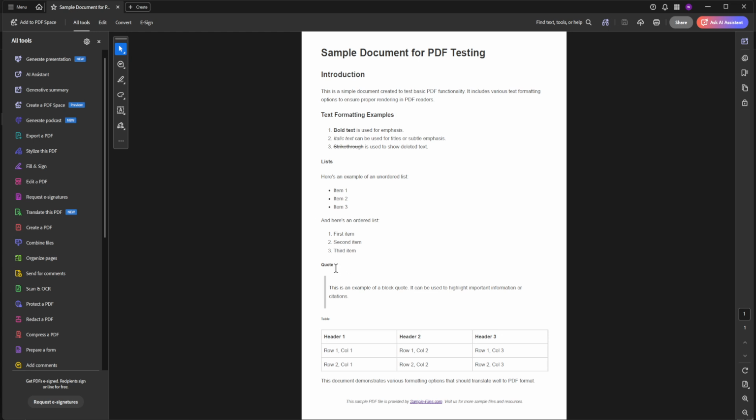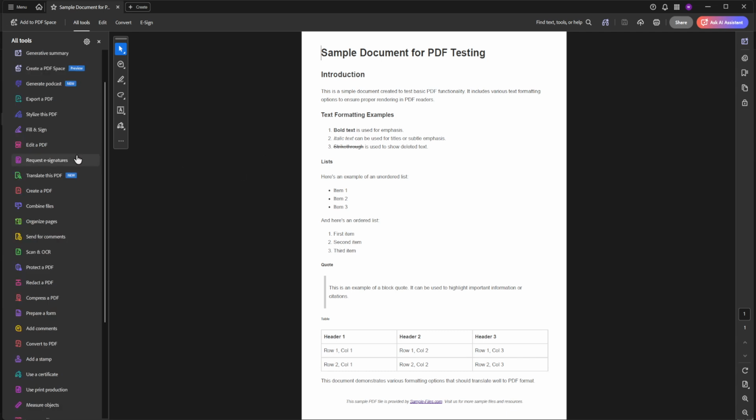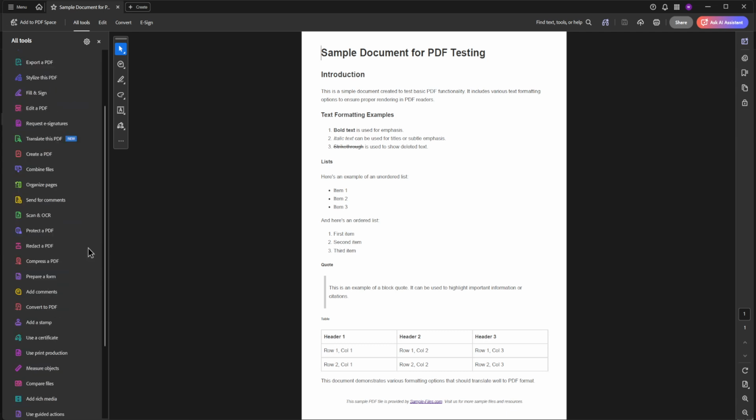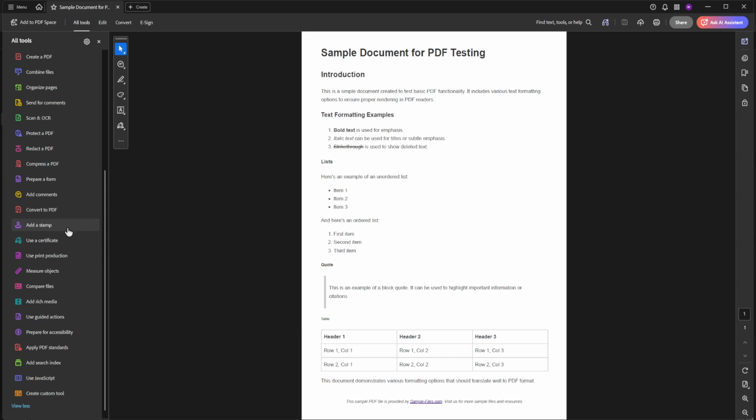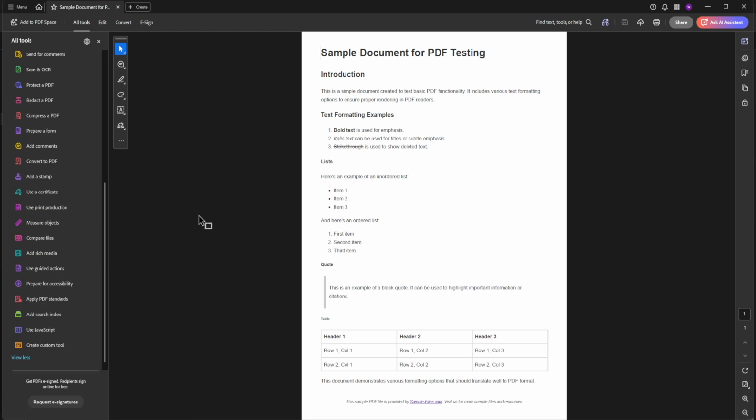First, open your document in Adobe, then click on all tools. Here on the left you will see a menu bar, and scroll down and select protect PDF from the available tool set. So let's find this protect PDF. Okay, so that we don't search too long, we can type in Control F or CMD F and